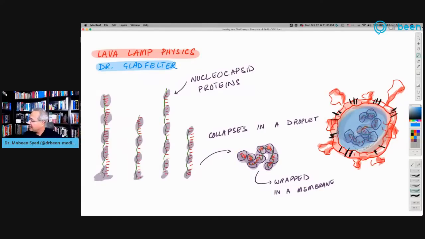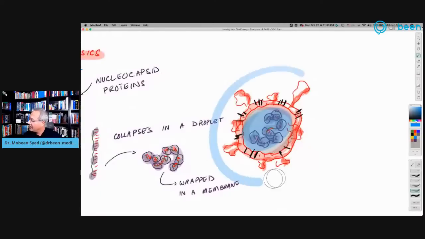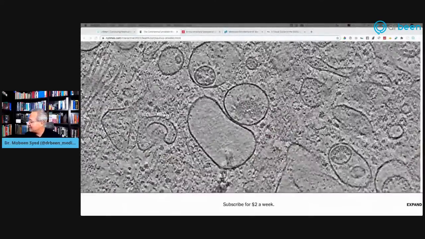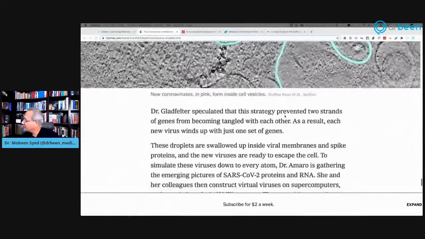That blob is then incorporated here, if you see, into this virus particle, around which is the membrane and the spike proteins and the N proteins and the other M proteins and so on, and that becomes a virus. So fascinating stuff. And then if I continue on,